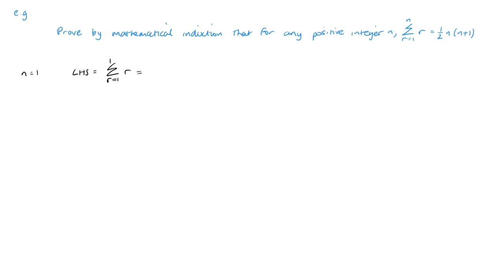And that is just going to be equal to 1. Then the right hand side is a half times 1 times 1 plus 1. So that's a half times 1 times 2, which is also 1. So now as left hand side equals right hand side,